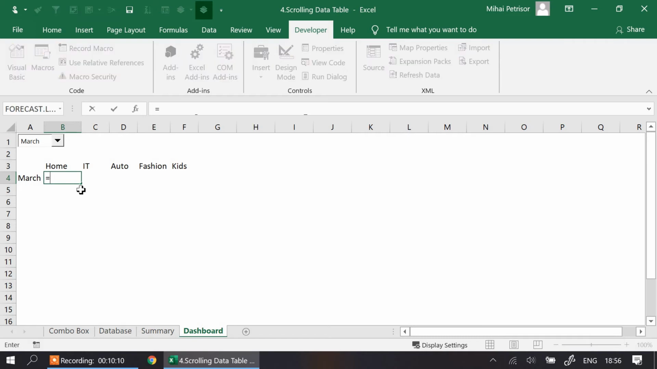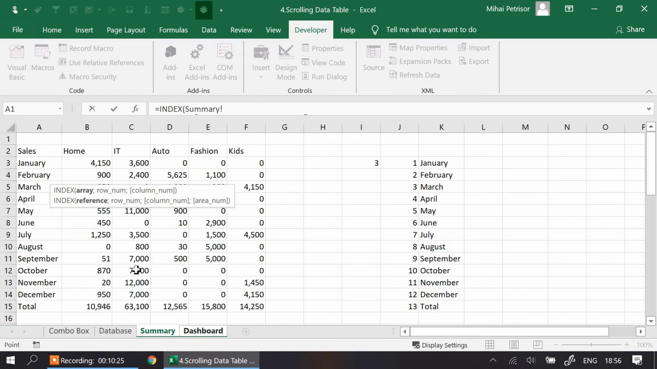So let's go ahead. Equal index. So now first argument, we need to select the array. So where is our answer? We will look in the summary into the B column. Okay. Now I'm gonna